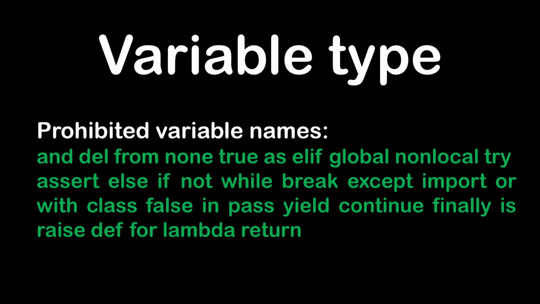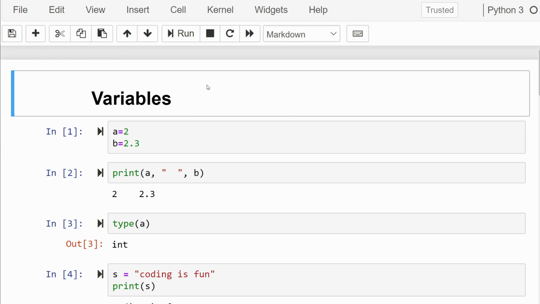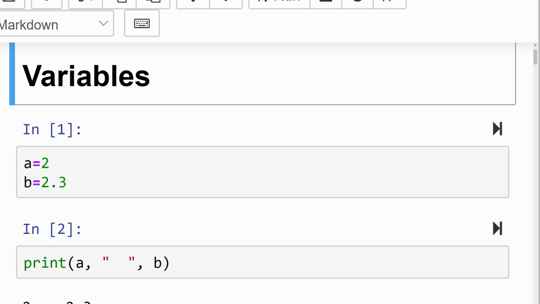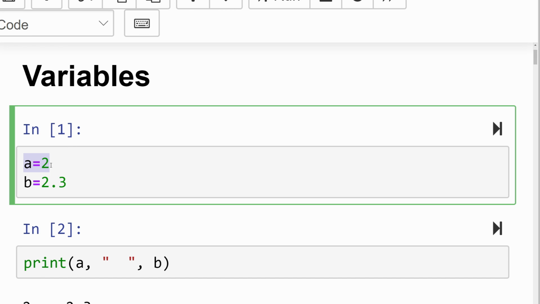So let's jump into our Python interface and try what we have just learned. So this is my Jupyter Notebook page, and this is how it looks. I will not go through all the details here because it's just an interface. I will be zooming in so you can see better. So first, let's consider a variable a equal to 2 and b equal to 2.3. If I run the cell using shift return in this case,